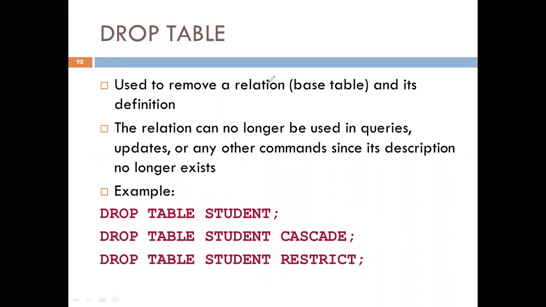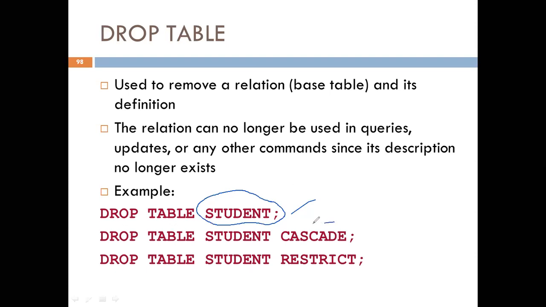So another command that we'll be learning is the drop table. In our laboratory exercises, we saw the drop table followed by the table name. This command is useful in deleting the entire table from the database. When a table is deleted, all the related data that is stored in that particular table will also get deleted. So when we delete a table, we can no longer use it in any of the other commands, as that table does not exist anymore.